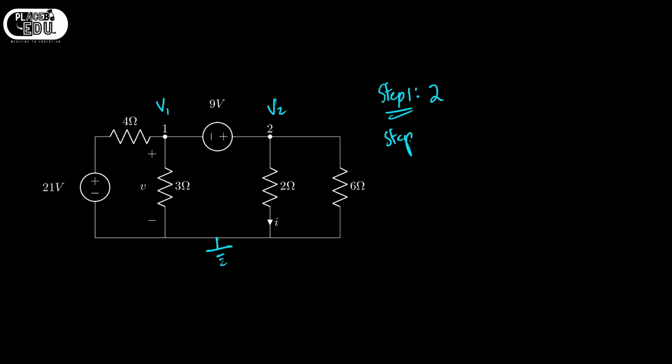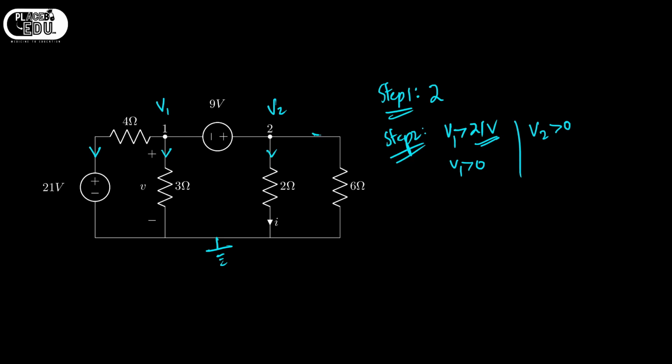And what is the step 2? We need to do some assumptions. Here I am going to do some assumptions like V1 is greater than 21 volts because I want the current direction to be like this. Okay, so V1 is this one, and if V1 is greater than 21, which implies V1 is greater than 0, right? So the current direction will be here, this one,